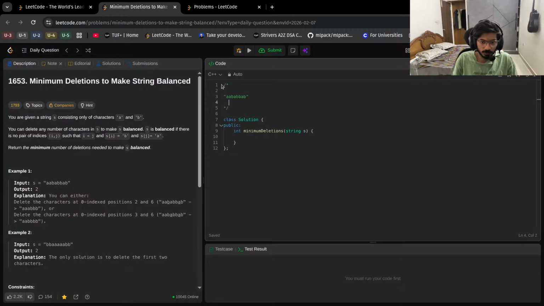If we go from here and count the number of A's, okay, I am thinking of a stack approach where this gets into the stack, this gets into the stack, this gets into the stack, but if the top of the stack is B